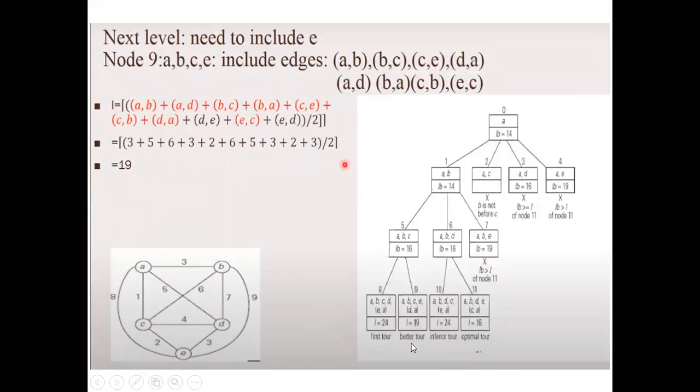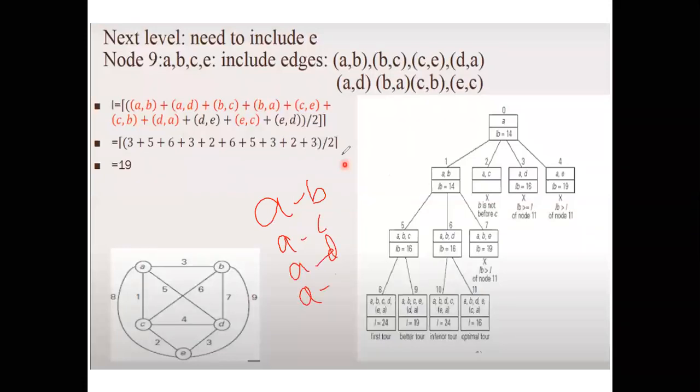Okay, for a node, I already told B to A should be there. So let me write and explain. Fine. So A to B, A to C, A to D, and A to E. Correct. So A to B, just blankly write A to B. Is this clear? And here in this we are talking about this, right? So A, B, C, E, D, and A. So directly you can get a conclusion D to A. So D to A, write down.